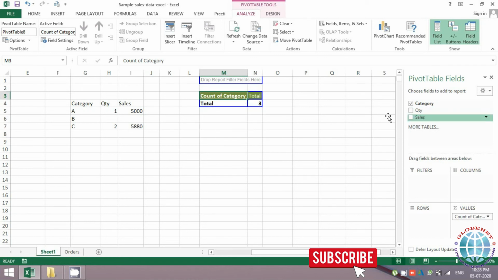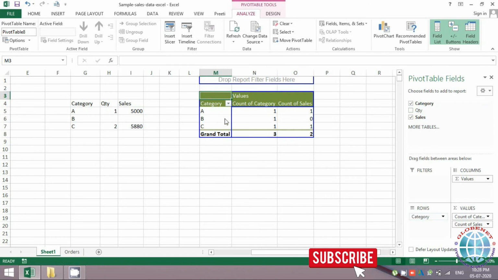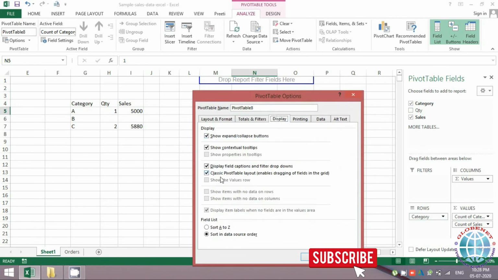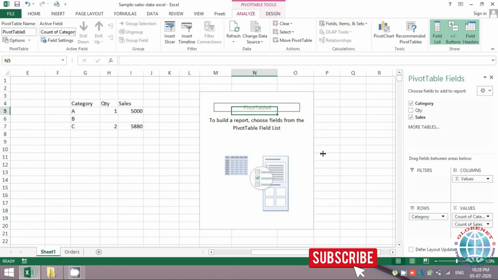Quantity would not look good there. Let's see, if I add sales, I get the total values. We keep categories here. So this is how you will create the default or the earlier version of pivot. You can keep this off, and if you notice, I'll just clear, you cannot drag it here as such, it will not let you. So that's the only difference if you see a classic pivot or this normal pivot. Let me just delete all this.